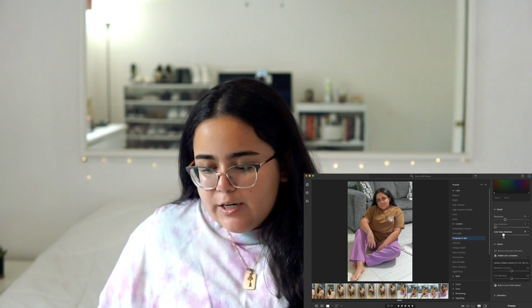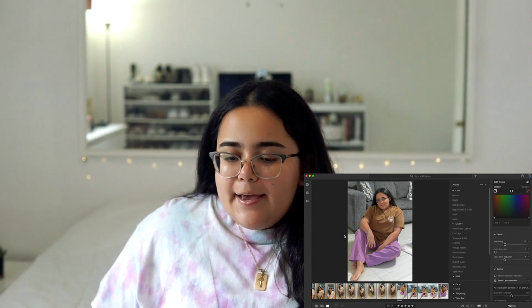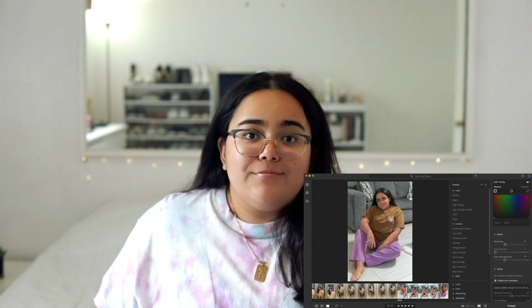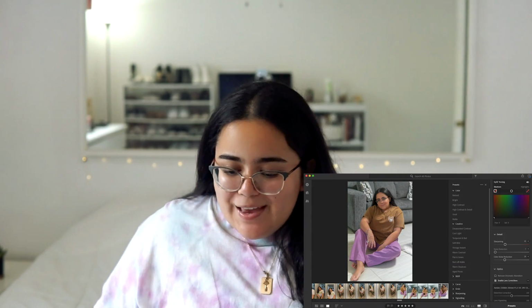Color noise reduction, and then this is what this photo will look like with this preset. There's the before, and there's the after. I personally really like how this preset looks with this photo, and sometimes Lightroom is just, you know, the way to go. Okay, so the last photo is honestly one of my favorite pictures that I've taken, or my